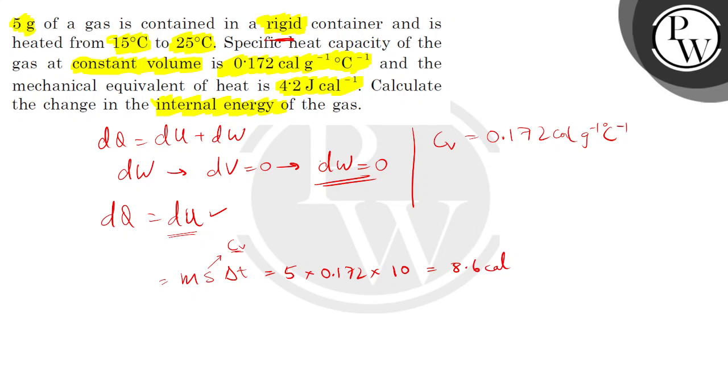Now the mechanical equivalent of heat is given to be 4.2 joules per calorie. So to convert this into joules, we can say 8.6 into 4.2. So this value comes out to be 36.12 joules. ठीक है बच्चों? So this is the final answer for this question. This is the change in internal energy of this gas,